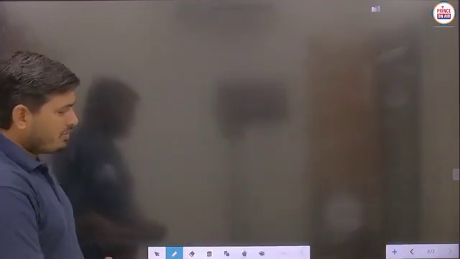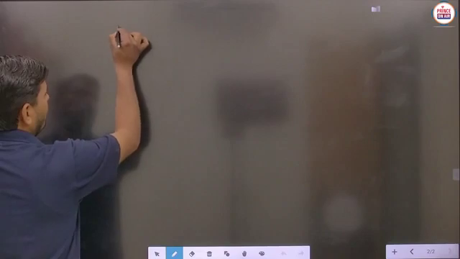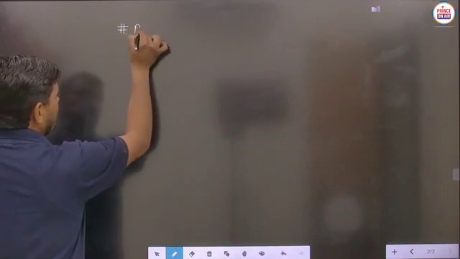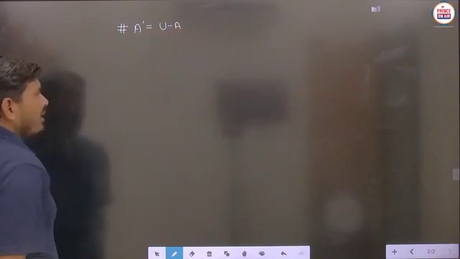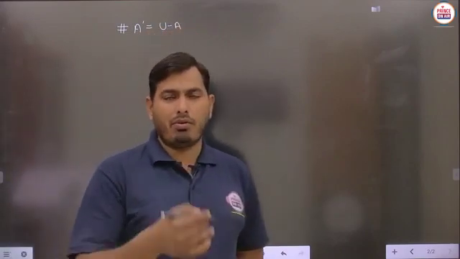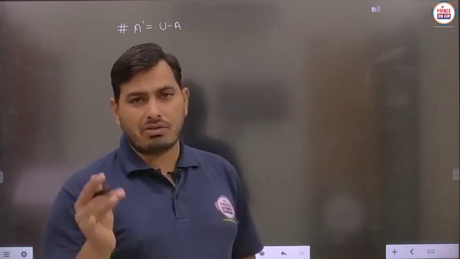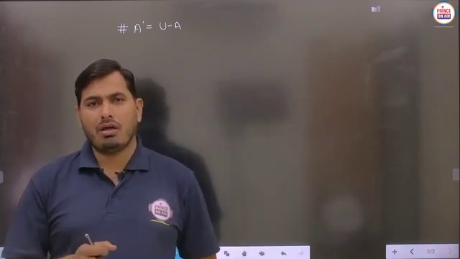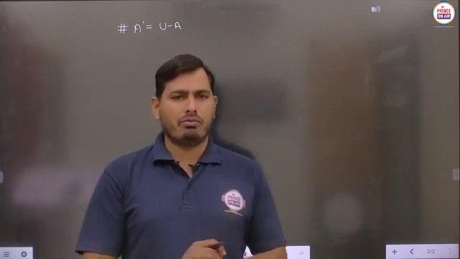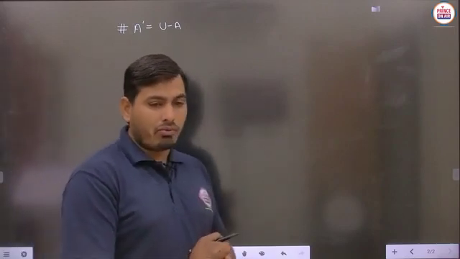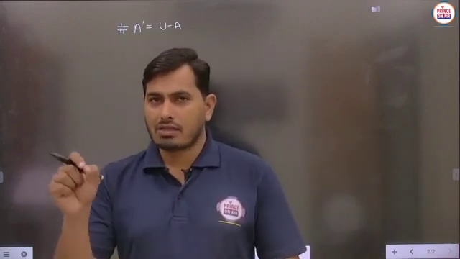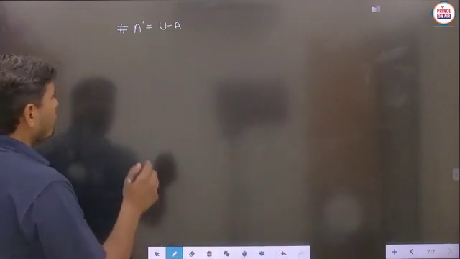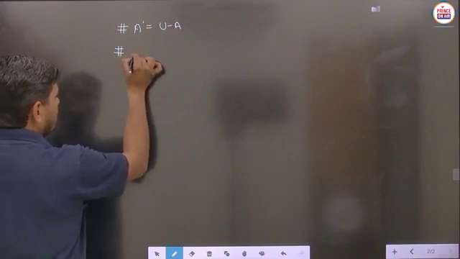Next part means, student, sometimes the complementary set A dash will be represented by U minus A, but another definition will also be written in some cases. What type of definition? Means we have to write the answer of the complement set in the set builder form. Is it clear? So in the set builder form, suppose A dash is to be written, then what do we write? We write x such that x belongs to U and x does not belong to A. So we can write one more set builder form of this complementary set.